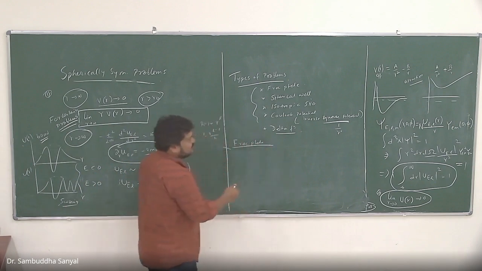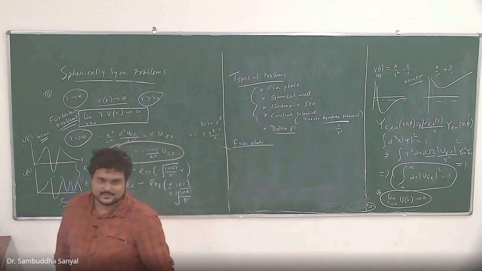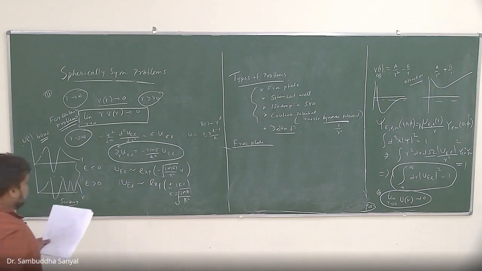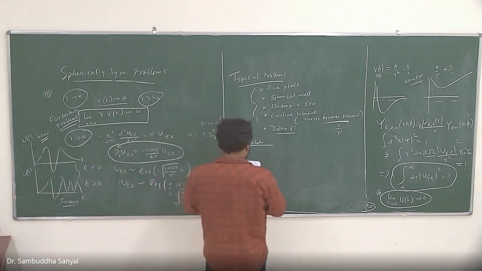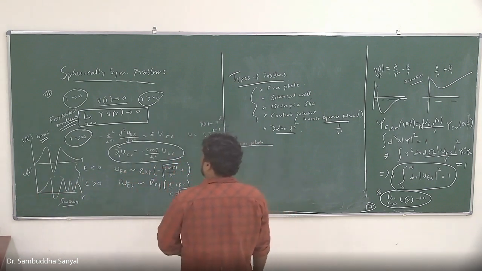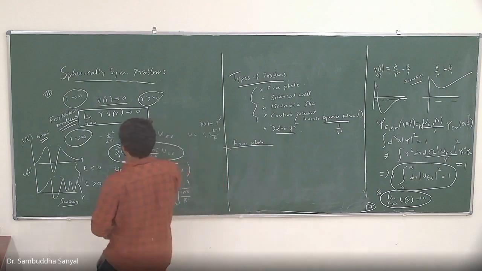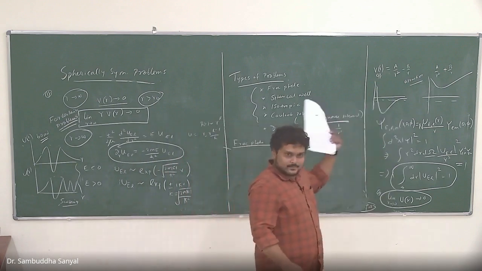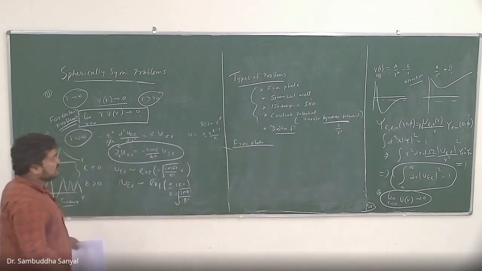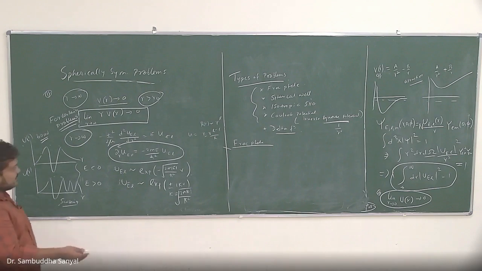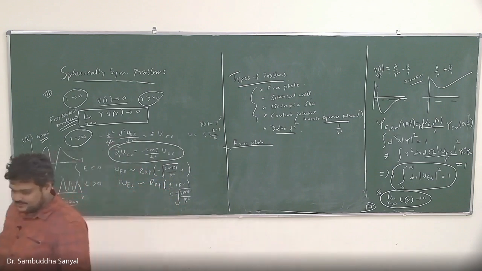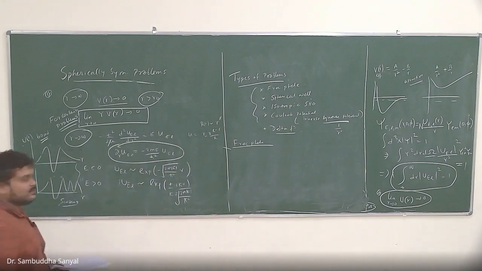Okay, so let's start with the free particle. Again, you have solved these problems already, except the Coulomb, but on a line. Here you have to solve it on a half line. That's the difference. Okay, I should have used mu here because m is used for the Y_lm. So mass, I will call it mu. Mu is the actual notation for reduced mass in a two-particle frame, but we will use it generally as mu because m is used elsewhere.